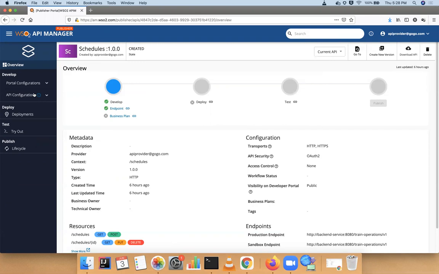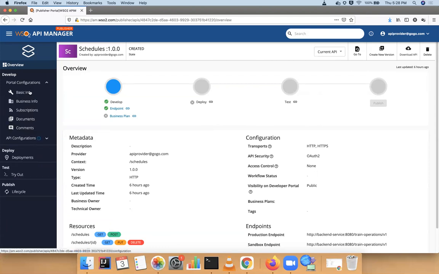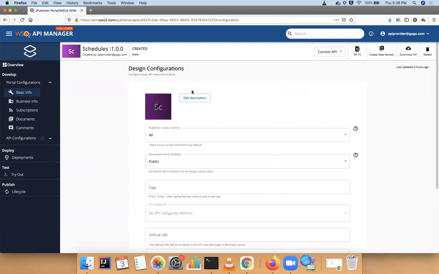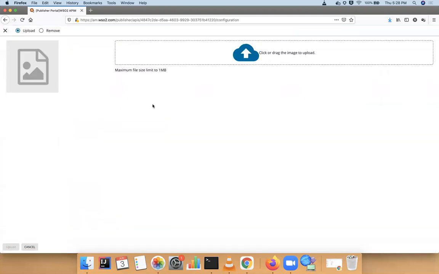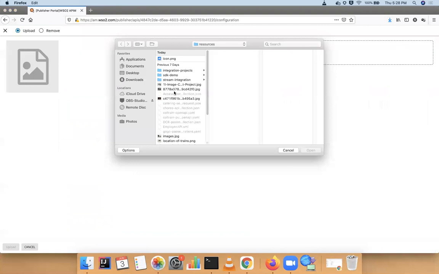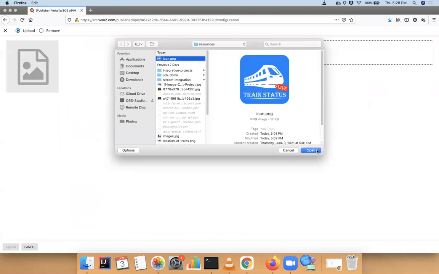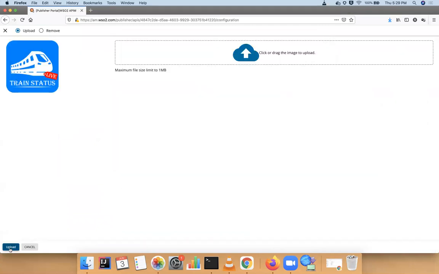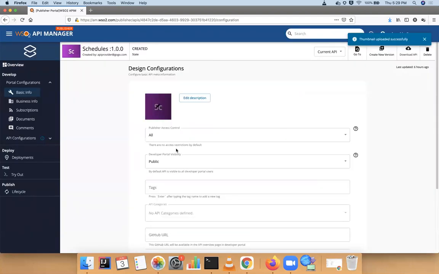So first you develop, then deploy, then try, and then publish. In your left menu, you see all these options. First I'll go to the develop flow, and under that I'll expand portal configuration and go to basic configuration. In basic configuration, you can provide the API description and upload an image for your API. Then you can set who can see your API, visibility, and tags; that information you can set here.